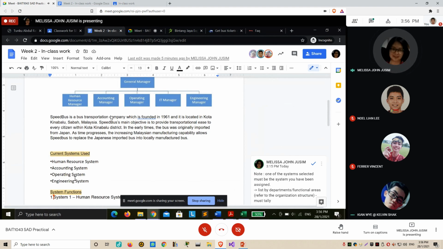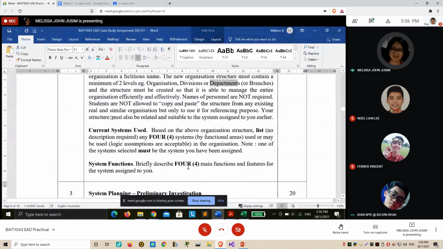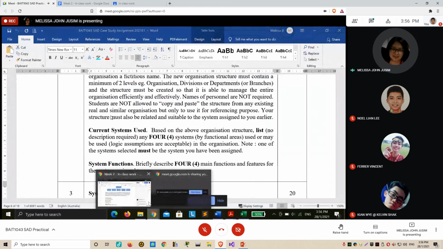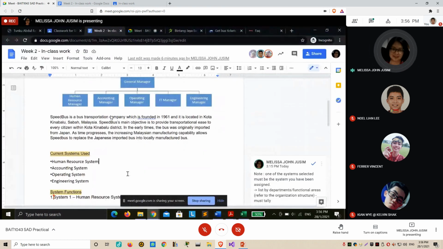But I really hope you won't make it a very general marketing system like that. Perhaps a marketing information system. So you can still keep the IT department and then do other systems. You can keep the IT department, however for the current system used, you only need to name 4, right? Yes, okay, I understand. You can keep the IT department there if you want to still keep the story